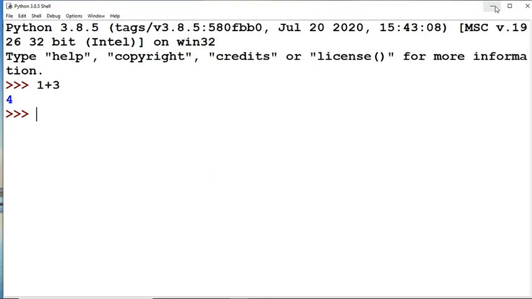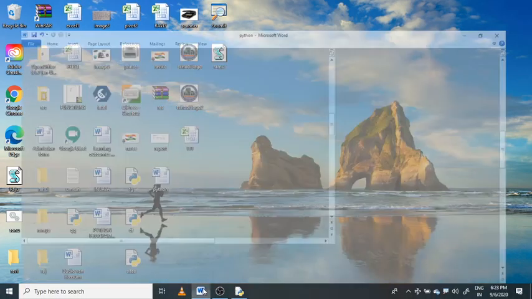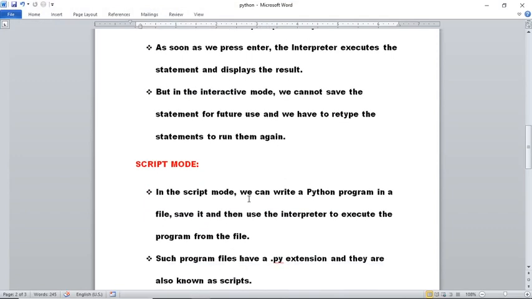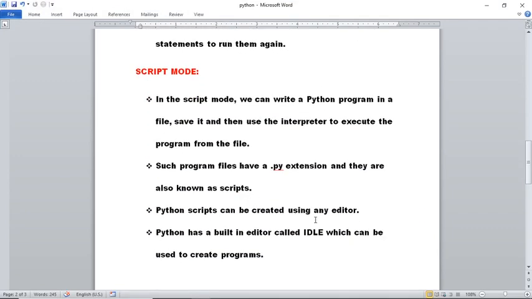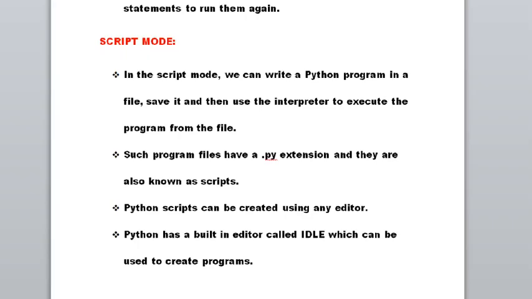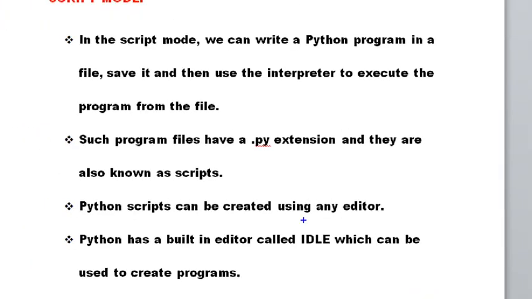So then what about the next one? The next one is script mode. Script mode is nothing but, in script mode, we can write a Python program in a file and save it. What is the difference between interactive mode and script mode? In script mode we can save the file.